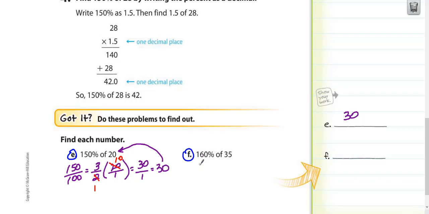For the second one, let's make it a decimal. So 160% as a decimal is 1.6. You're doing the same thing there. You're moving the decimal twice. So 1.6